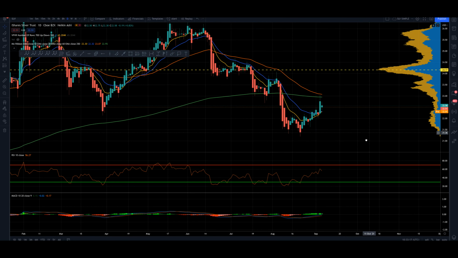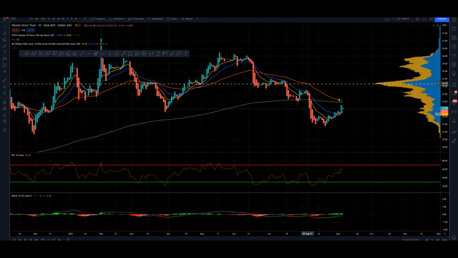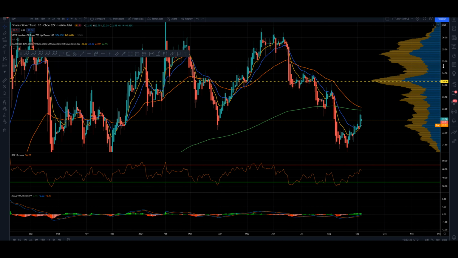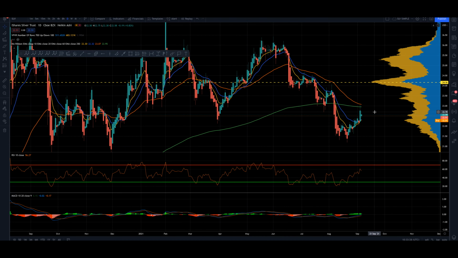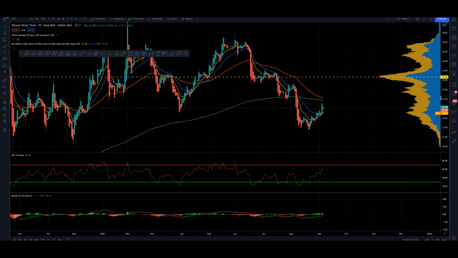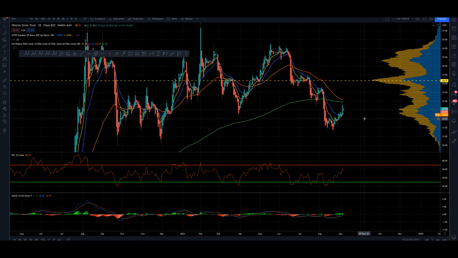Looking a little more dire, but then again, we haven't seen the death cross of the 60 over 250. I'm always talking about that in previous videos, that I don't put too much weight in it, because very often when these major moving averages get close to crossing, or do cross into what people call a death cross, that often means that you're actually quite close to forming a low, or a significant low.